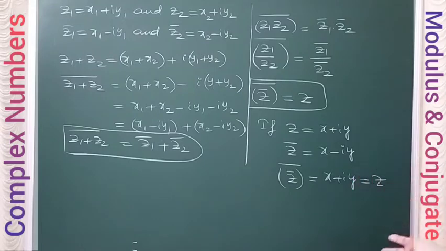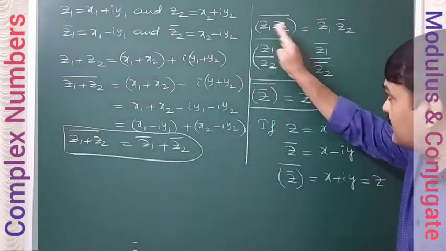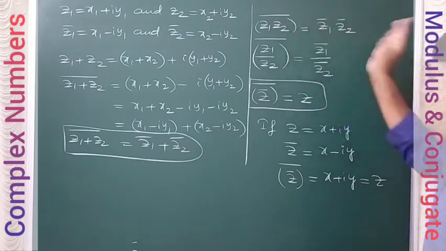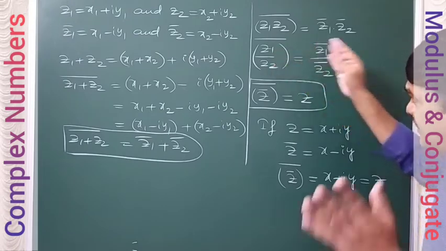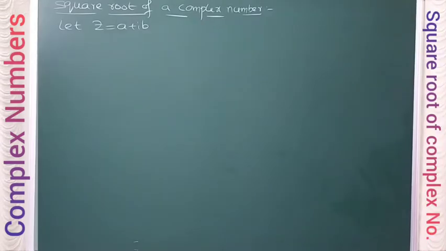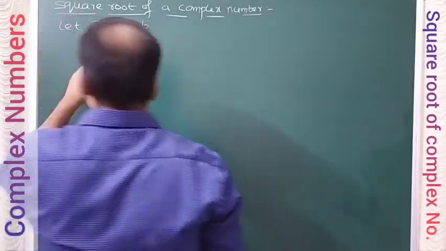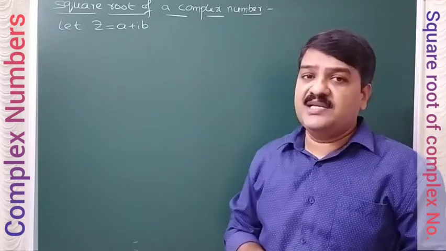So these are the basic properties whenever you are using conjugate. Sum of complex numbers, you can separate conjugate. If you have product of complex numbers, you can separate conjugate for all individually. You have ratio of complex numbers, then also you can separate conjugate. Take 2 times conjugate, it will be equal to original complex number. Okay, so now let us discuss square root of a complex number. Let us take z is equal to a plus ib, some complex number. a and b are of course real numbers.